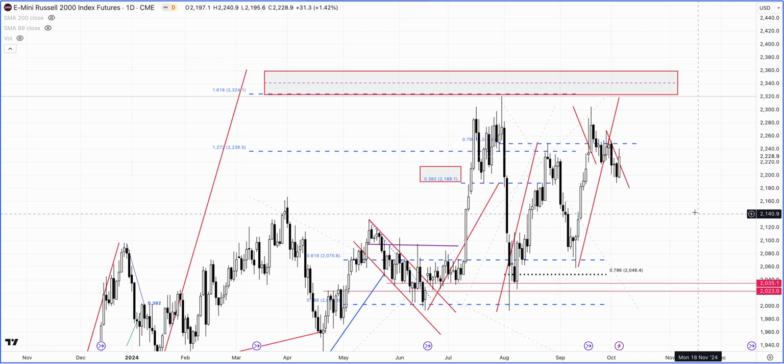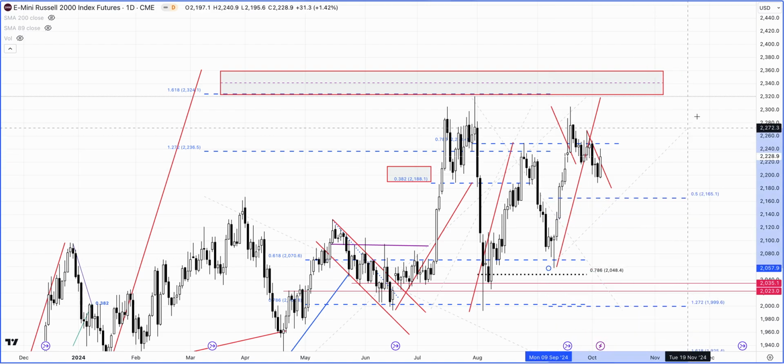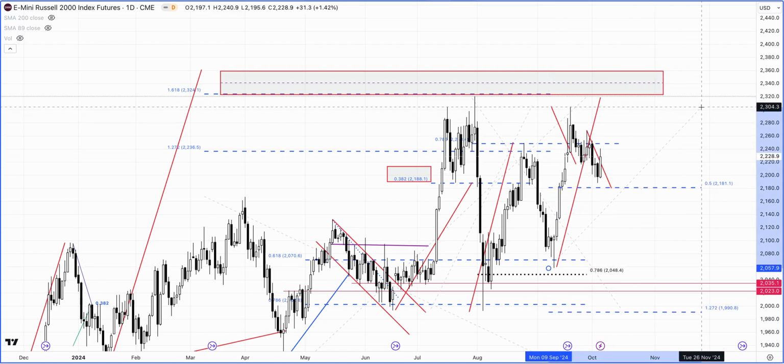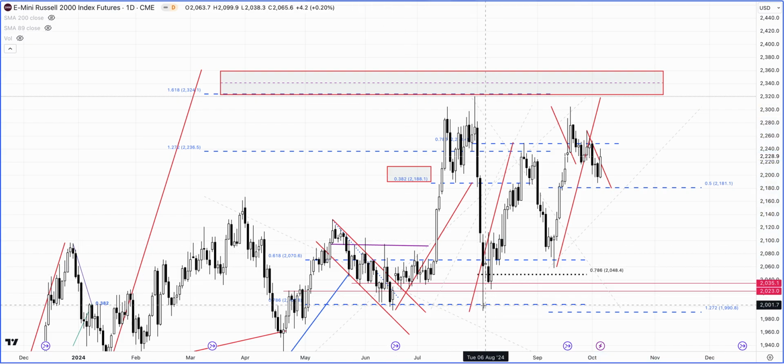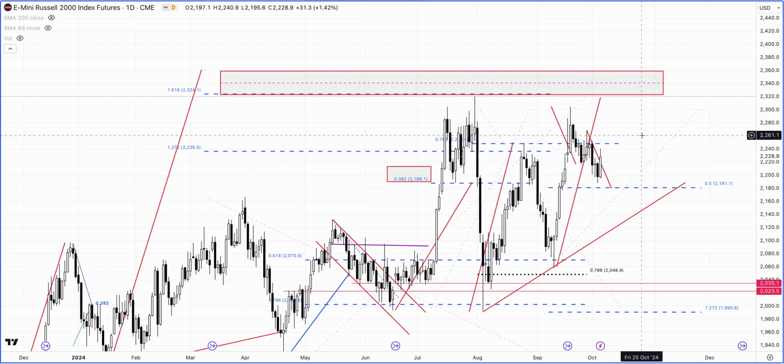So if there is just no follow through to the downside, we might have seen the ABCD kind of a bottom come in. I believe it's the 38.2% retracement from here. If it is, yeah, it's close to 50% actually. That's pretty strong as well. And it might be 38.2% from here. So what we'll essentially have is basically a pattern of higher lows.